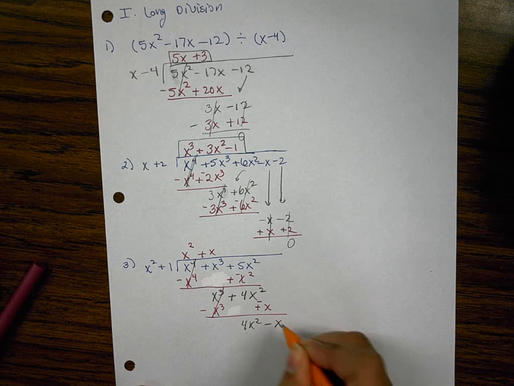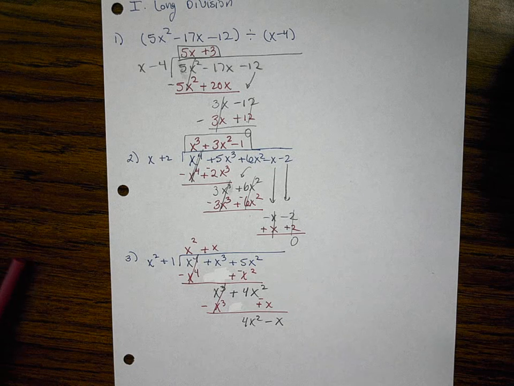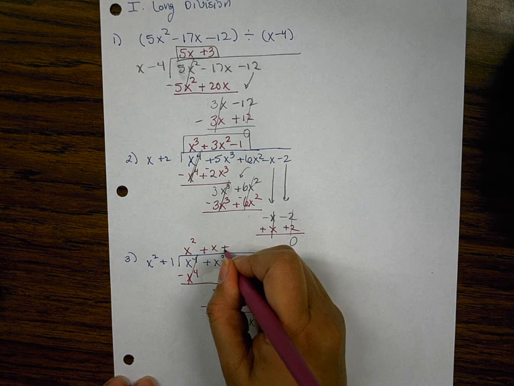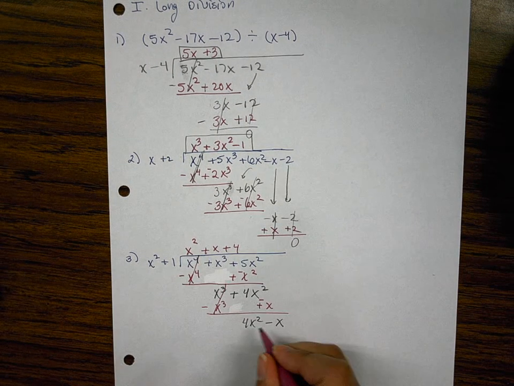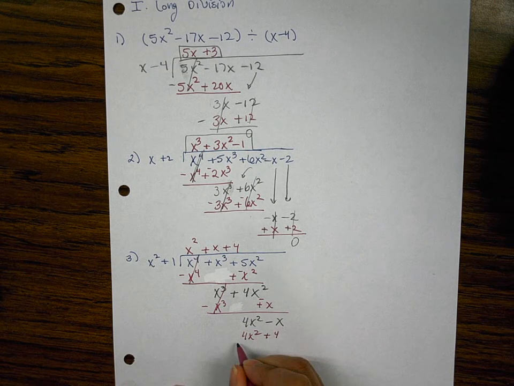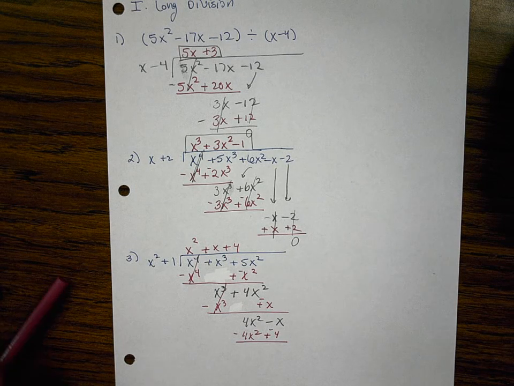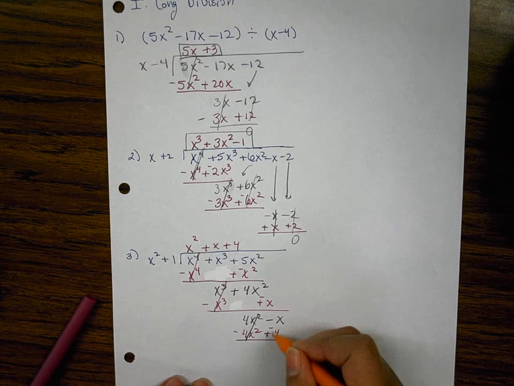4x squared doesn't have a like term, so it's 4x squared plus negative x. I'm just going to write minus x. X squared times what is 4x squared? That is positive 4. Distribute. 4x squared plus 4, distribute the negative, minus, minus,